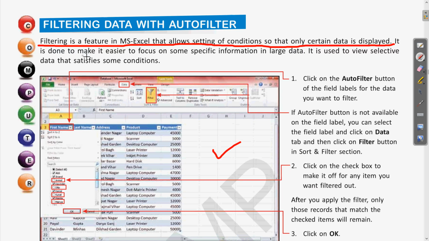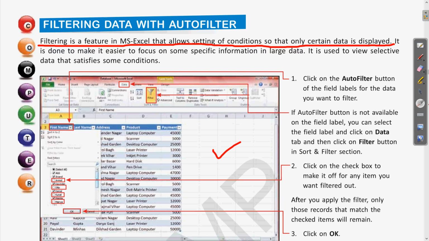It is done to make it easier to focus on some specific information in large data. Clear? It is used to view selective data that satisfies some conditions.